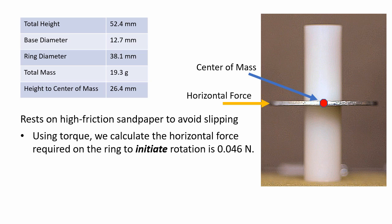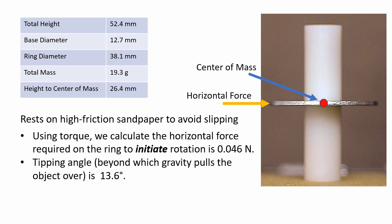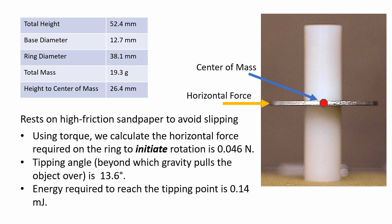Using torque, we can calculate the required horizontal force at the ring to initiate the tipping process, and the value we got is 0.046 newtons. I invite everyone to repeat the calculation and check and see if that's correct. We calculated from the geometry that it has to reach an angle of 13.6 degrees away from the vertical before gravity will continue pulling the object over, and that the extra gravitational potential energy at that tipping point will be